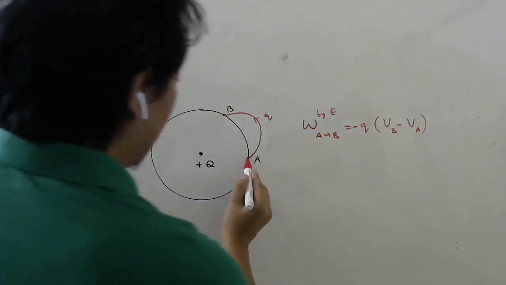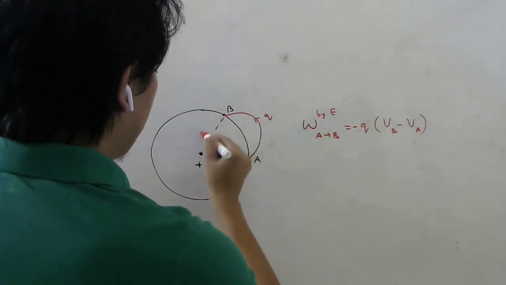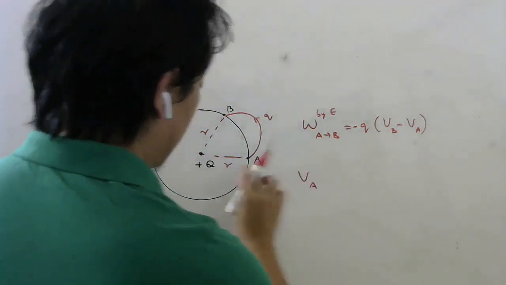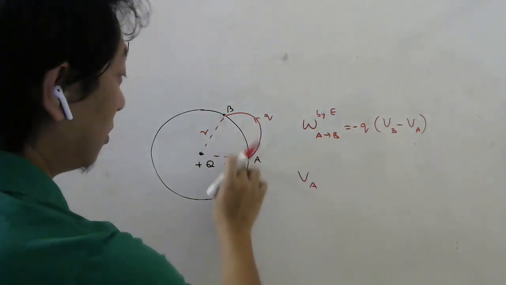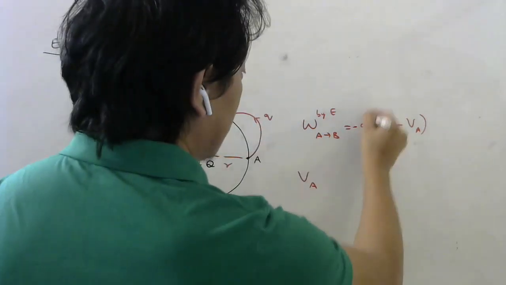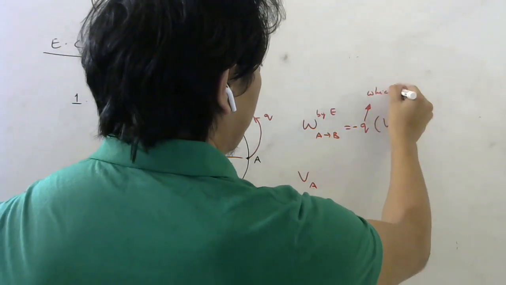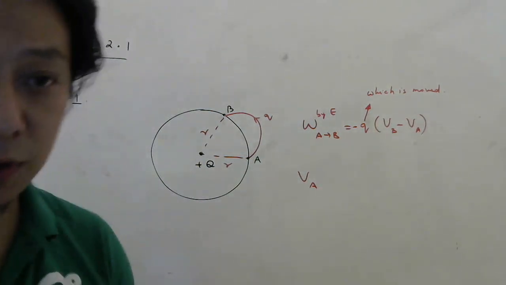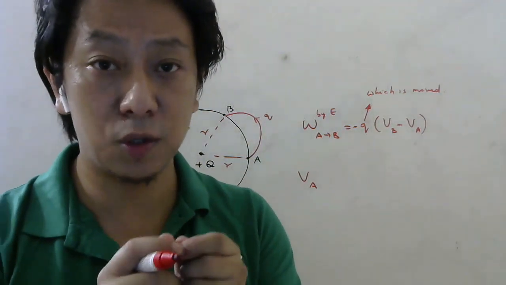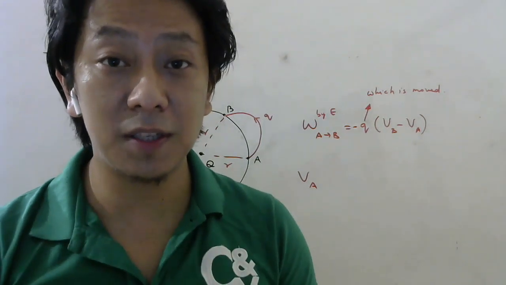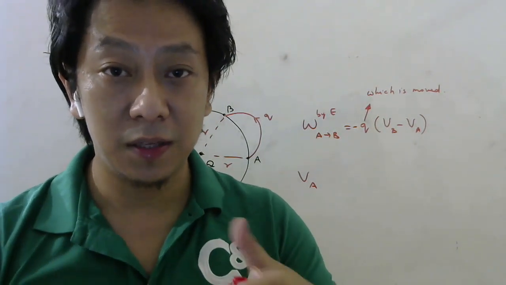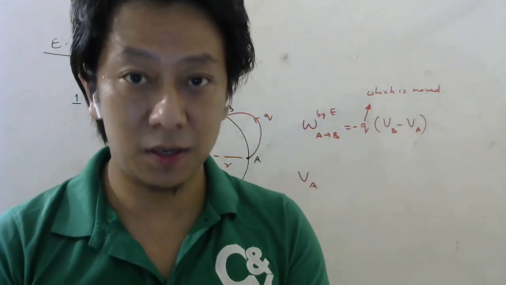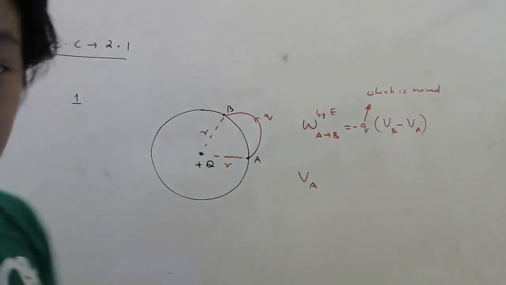Now look here. This point and this point are at the same distance from the source charge. That means what will be the potential at A due to this charge? This is not your source charge. This small q is the charge which is moved. And when will you do work? If you are moving something slowly, when will you do work? If there is already some source charge. Like in the case of earth, when you move the duster, you are moving the duster against the force of gravity, so that time you are doing some work.